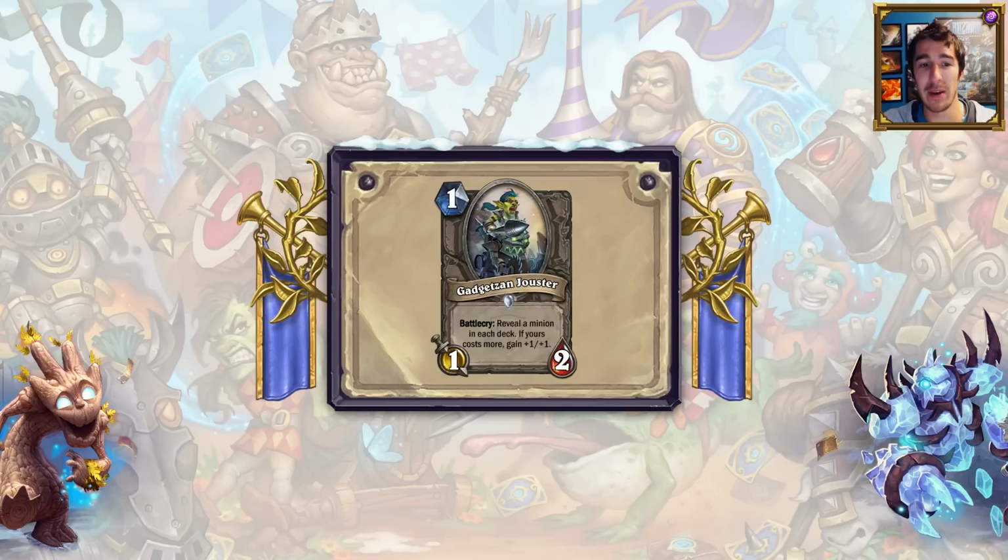Next, 1 mana, Gadget Sand Jouster. This is a 1/2, and its battle cry is reveal a minion in each deck. If yours is bigger, gain +1/+1. So what's pretty cool about this is that it is potentially a 1 mana 2/3, which is a la Zombie